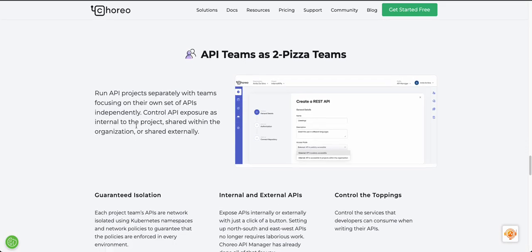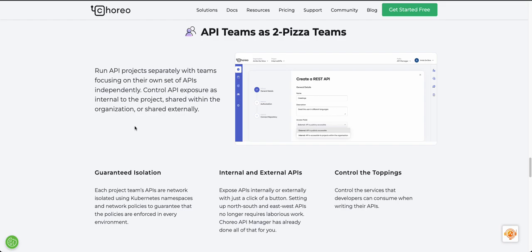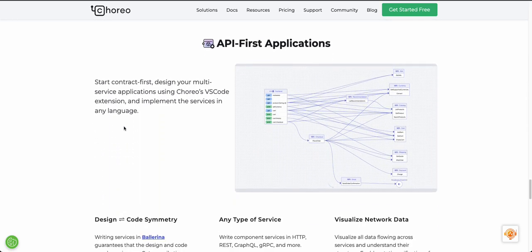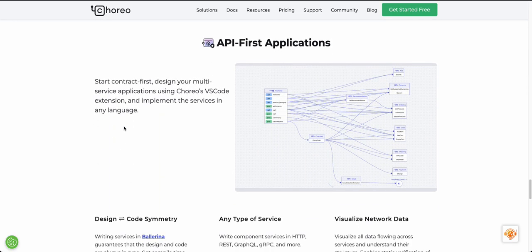And again, we have features like multiple teams management, multiple projects under the same team. So basically the organization to teams to project hierarchy can be maintained with the role-based access control and the visibility control in place. And also there is an API-first